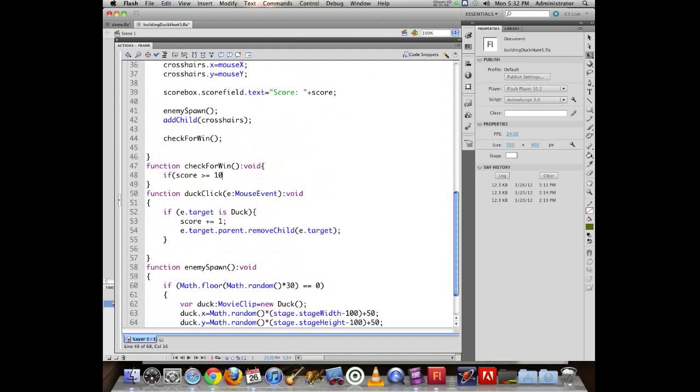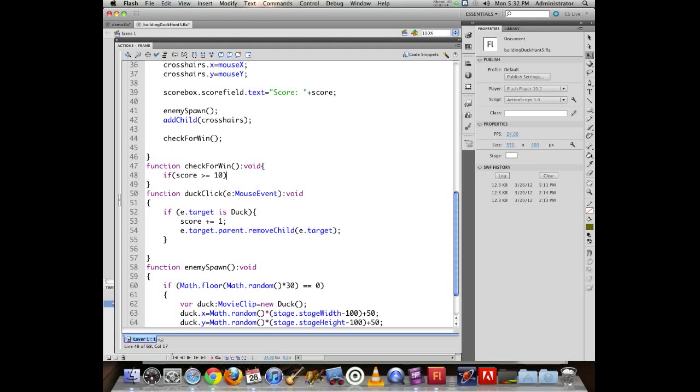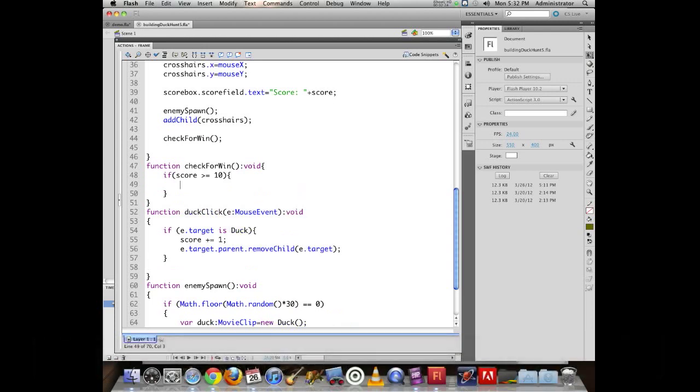But for the purposes of this example, with a single playthrough, we're just going to leave it as a hard-coded value. But know that down the road you may want to use an additional variable. Another advantage of using variables is it makes the code slightly more human readable. If score is greater than or equal to winning score makes more sense than this arbitrary number 10 showing up inside my code. There is some value in doing that, but for now we'll leave it like this. So if score is greater than or equal to 10,